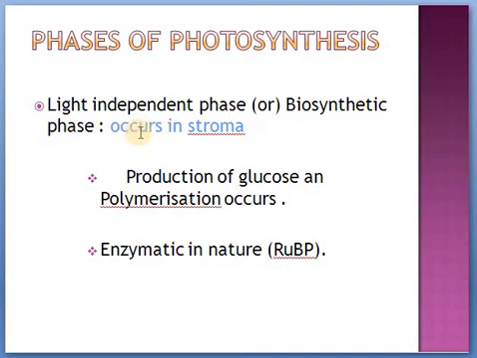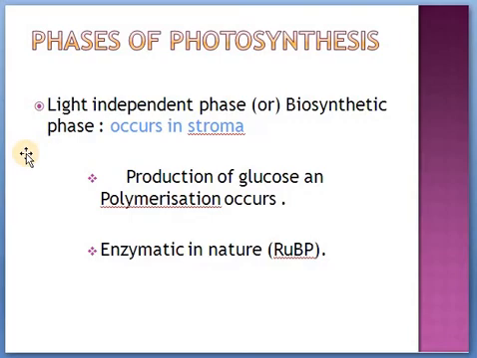Dark phase is actually a highly enzyme-requiring process. It involves nearly 10 plus 4 plus 2, so nearly 16-17 steps of reactions in this dark phase. We are not going to learn all those 17 steps. What we are going to learn from this light independent phase is that glucose molecules are being produced. Carbon dioxide is fixed. Carbon dioxide will be added with hydrogen ion. This H plus is going to be inserted in carbon dioxide.